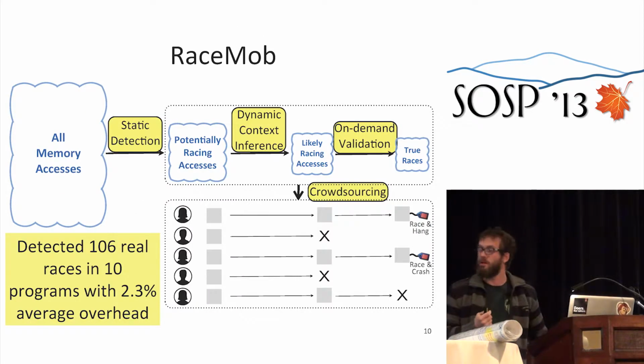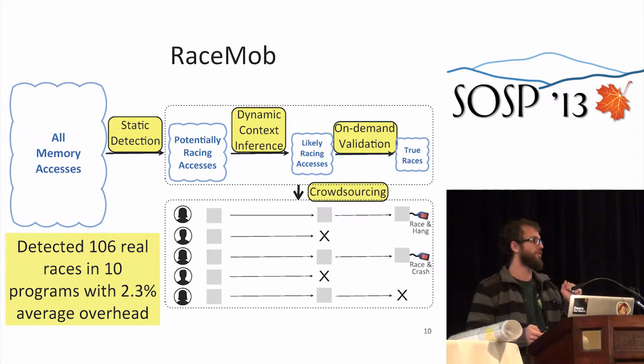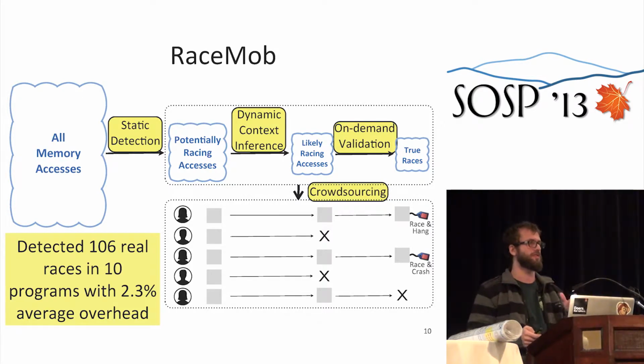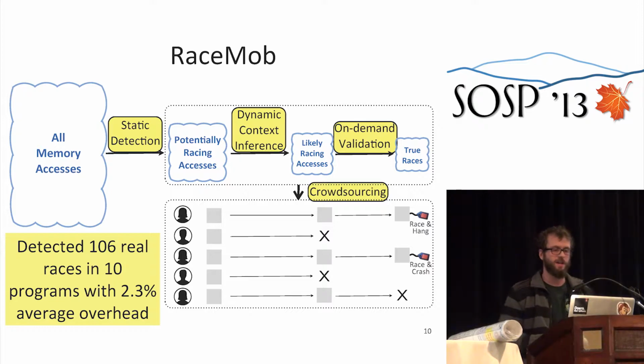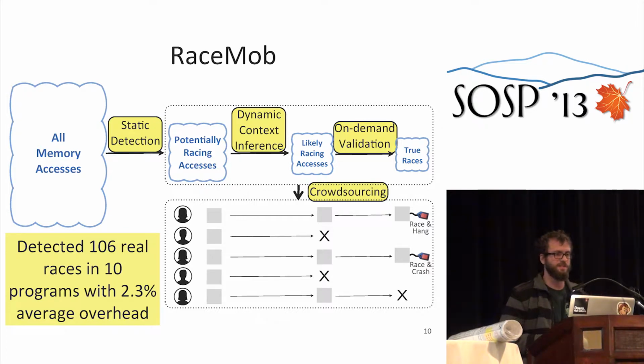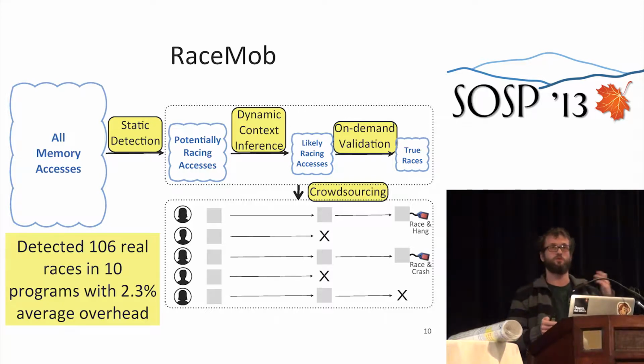In the rest of this talk, I'm going to first talk about how RaceMob uses an existing static detector for narrowing down the set of all memory accesses to potentially racing ones. Then I will explain our contributions, mainly how RaceMob performs dynamic context inference and on-demand validation in a crowdsourced setting in detail. Finally, I'll present the results that we obtained using RaceMob. But in a nutshell, RaceMob detected 106 real data races in 10 real programs like Apache, SQLite, Memcached with 2.3%